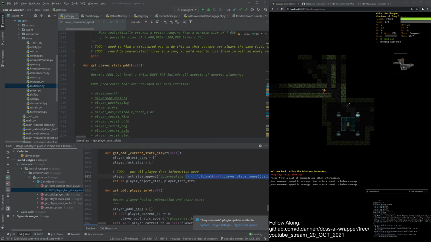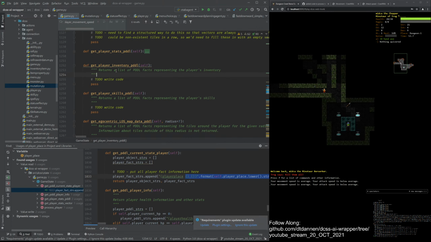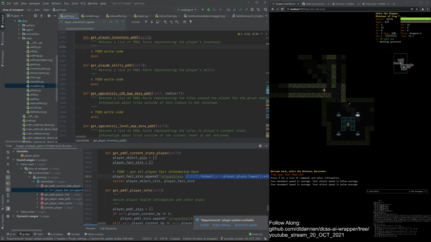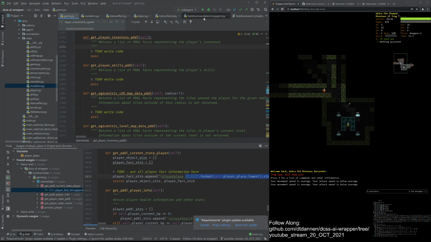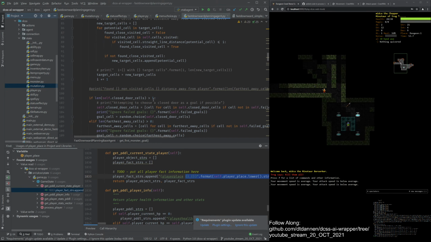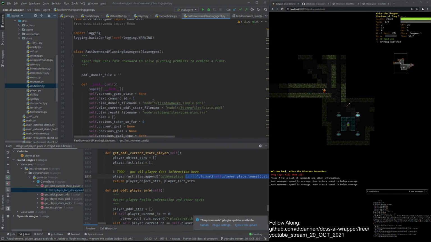Okay. Awesome. This is pretty awesome. Let's see. Okay, so we have the player stats PDDL. Next, we're gonna work on inventory. Then we have skills, and then we have map data. And then once we have all of those, we can go to our planning agent and we can remove the old file, the old way of doing things, which was